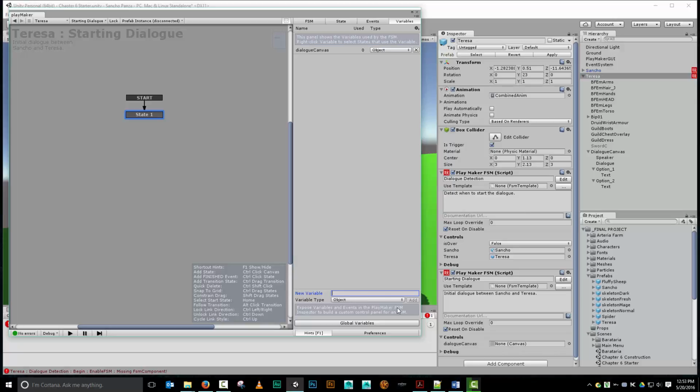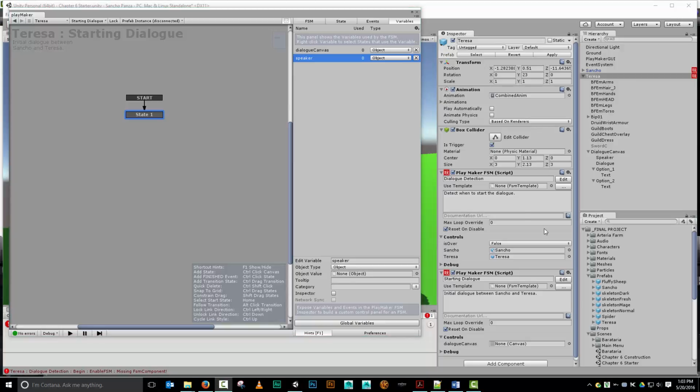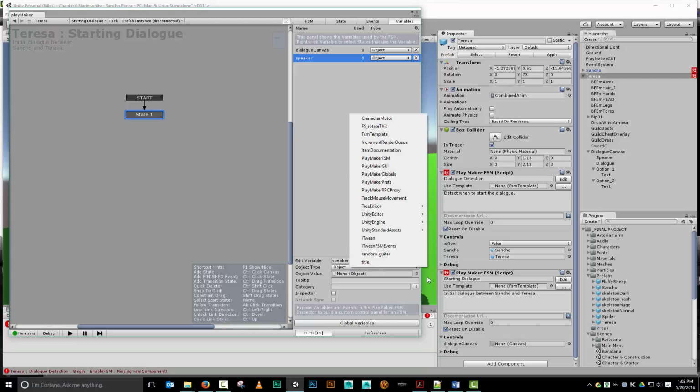So this is going to be speaker. I'm going to call this speaker, and I'll also make it an object. So add that. Just like when we did the arrays in chapter 5, we would set it up as an array type, and then we had to define what type of variables were actually being stored in the array. Well, I'm setting this up as an object, but then I have to specify exactly what type of object I'm going to be storing inside of here. Okay, so we've got our speaker variable right there, and we're going to set it to be an object type